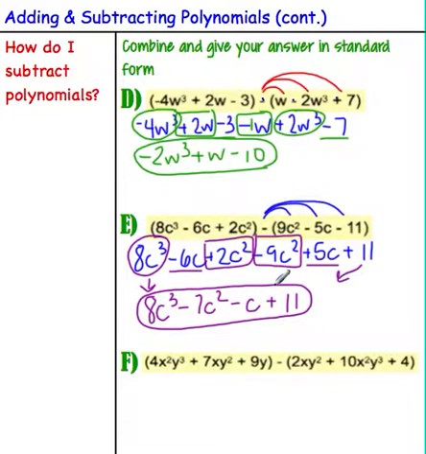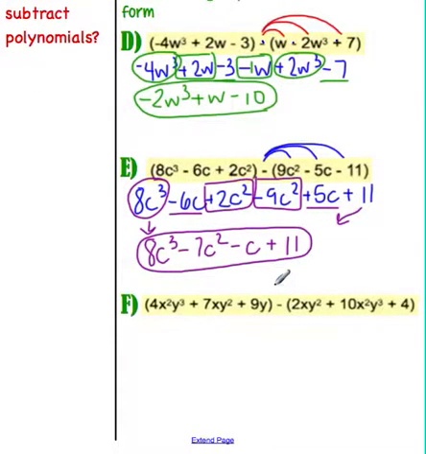Finally, we've got a little bit longer problem. We've got 4x squared y cubed plus 7xy squared plus 9y minus the quantity 2xy squared plus 10x squared y cubed plus 4. So the first thing we're going to do is rewrite this problem without our parentheses in it. So we've got 4x squared y cubed